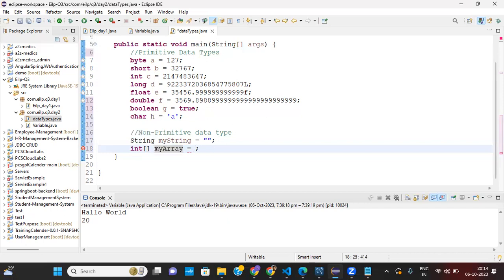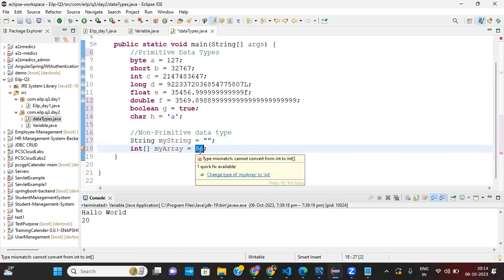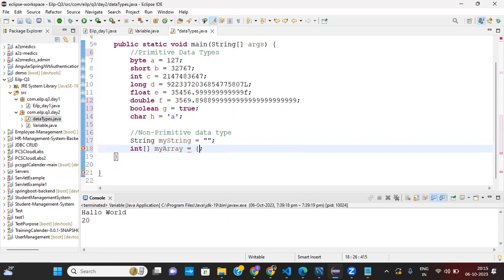And now we cannot give normal data like this, so we need to give elements. The syntax of inserting values or elements is that we give the values inside curly braces, and this whole thing makes an array. Everyone got this? To make a variable an array, you give square braces after the data type.